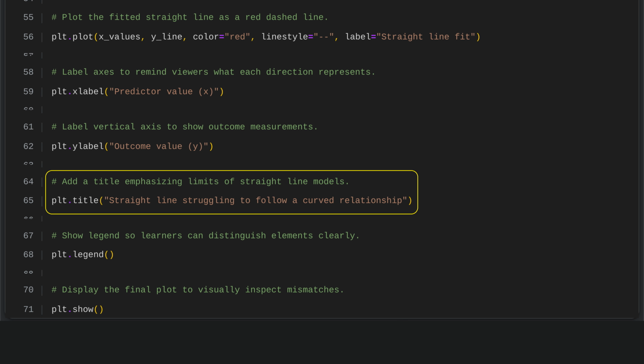We add a title to the plot to emphasize that straight-line models have limitations when the data follow a curved pattern. The title quickly signals that the main purpose of the visualization is to compare a linear fit with a curved relationship. By doing this, viewers can immediately understand that a simple straight line cannot accurately capture the underlying curved